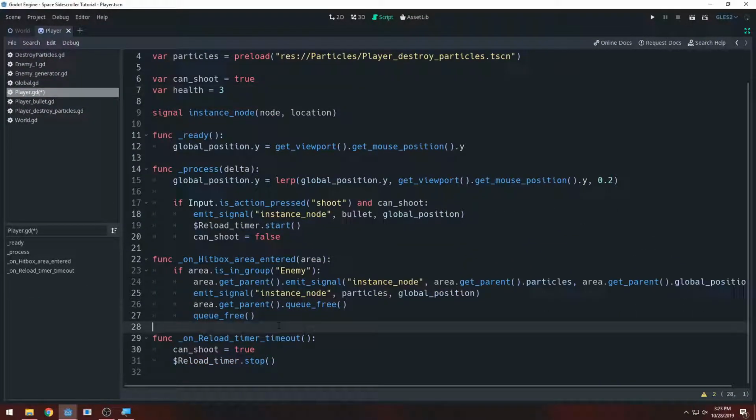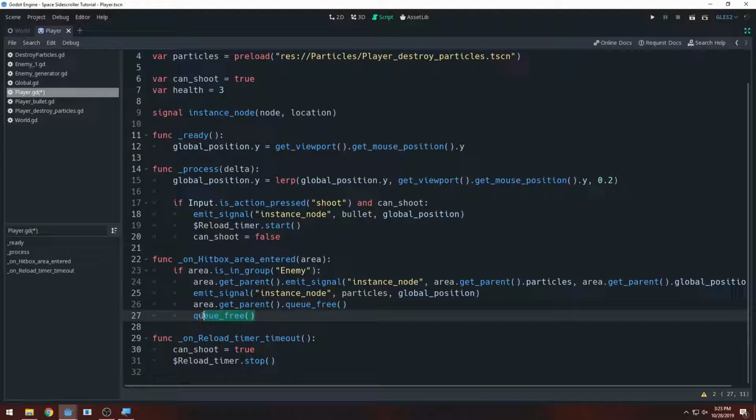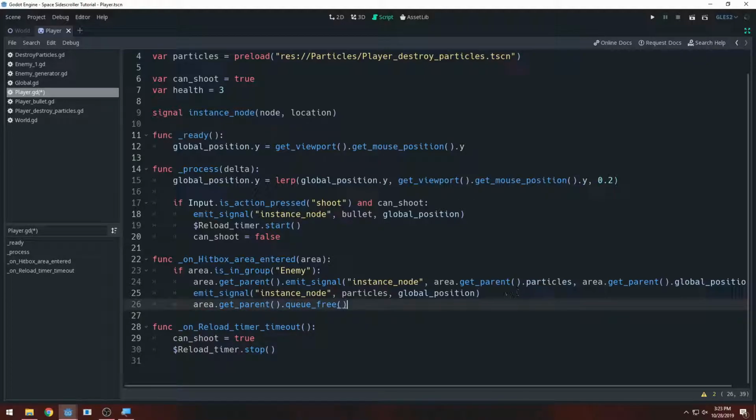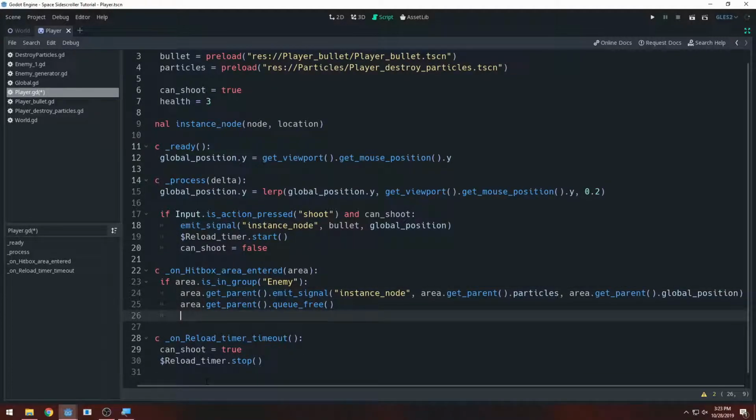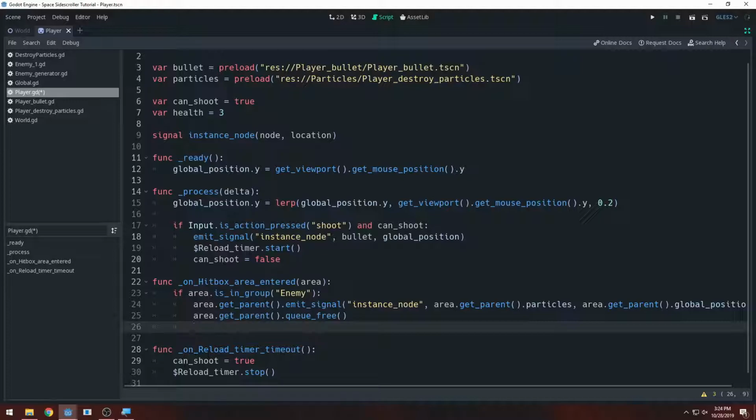And what we're going to do instead of destroying ourselves, I'm going to remove Q free and remove the instance particles signal, because we're not destroying the player yet, therefore we don't want to create the particles yet. So I'm just going to do health minus equals 1. I'm just going to save this, and now we need to check if the player's health goes below or equals 0